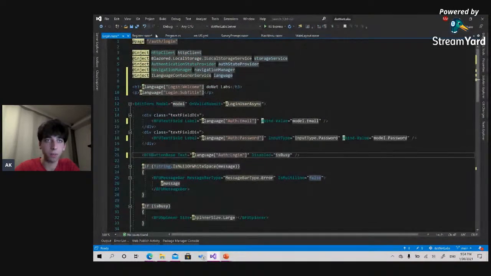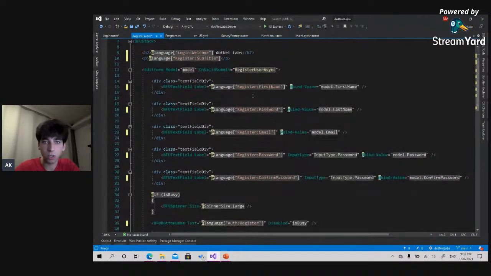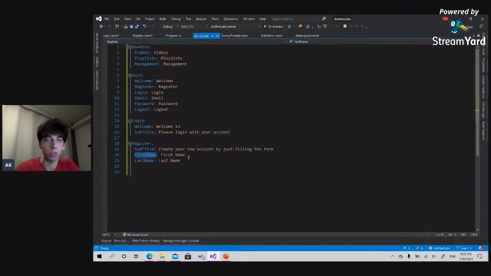Now we still have, I think, some mistakes here. This one is from register. This one is from auth. And confirm password is going to be only on register, so I will add it here. Confirm password. Okay, so that's it. Right now, let's try to run the application and see if those values will be populated,